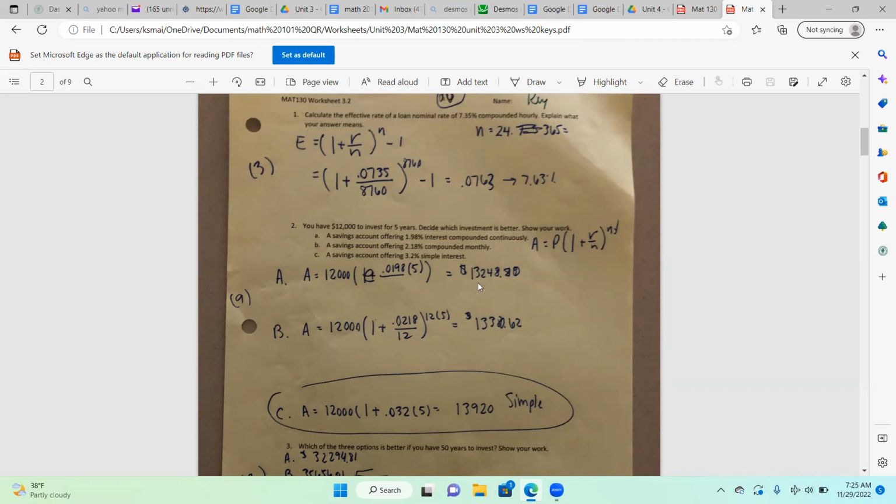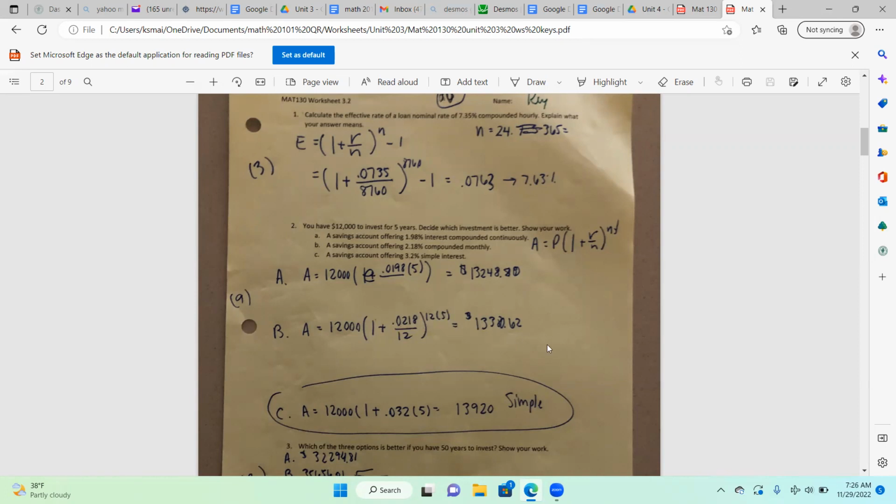So if you invested that $12,000, you would have $13,248.80 at the end of 5 years. Option B is compounding monthly for 5 years. So you have 12 monthly compounding periods and 12 times 5 overall compounding periods for 60 at a rate of 2.18%. And that is going to give you